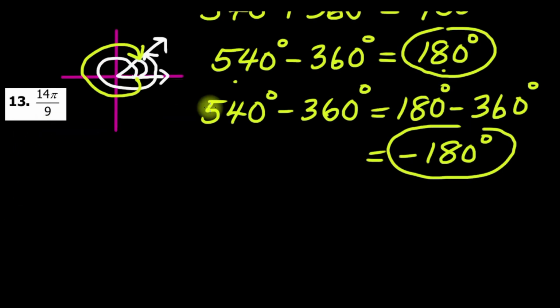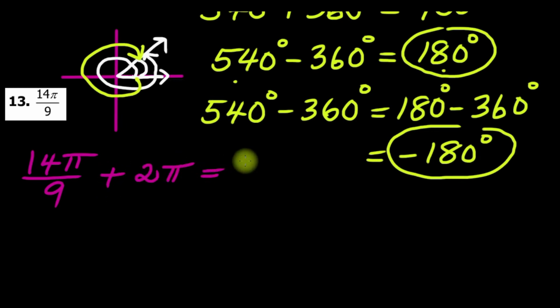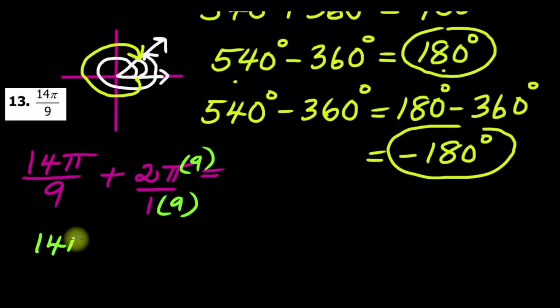Okay, so let's take a look at the next example here. So here we'll give it in terms of radians. We need to find a positive coterminal angle and a negative coterminal angle. So I'm going to go ahead and add 2 pi here to come up with the positive. In order to add, I need a common denominator. So I would have to get both denominators to a 9. So times this by 9, times this by 9. So I got 14 pi over 9